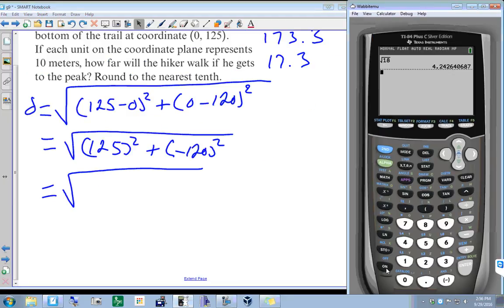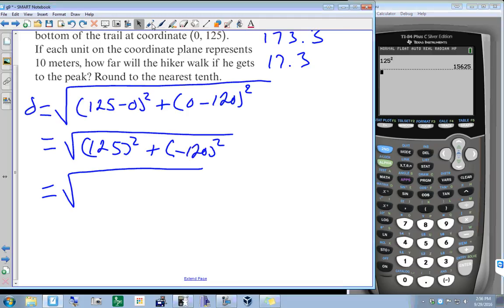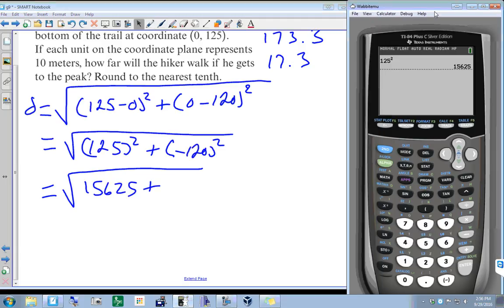Turn that on, clear that out. Let's see, 125 squared gives me 15625, plus. Now I need 120 squared,